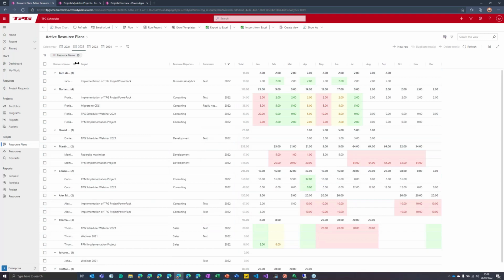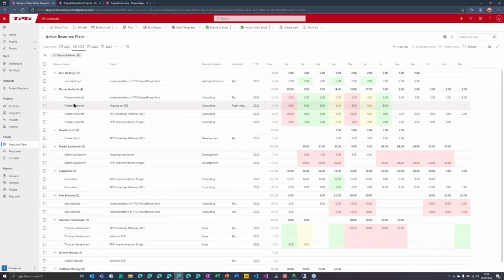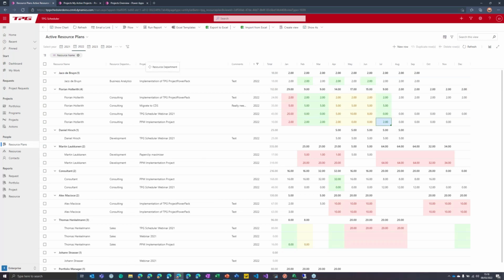So I've now got everything grouped by resource, and I can have a look at Florian here, and I can see what other things that he's working on in this system. Now, I've decided here from my top-down approach that actually he's not going to be able to do this work, so I'm going to say the 0 for that one. I'm actually not confident he's going to be able to do that as well, so I'm going to flip those back to 0, and in a second we're going to go back into the project and see how that looks. Again, this is really nice and easy to move around and do whatever it is I need